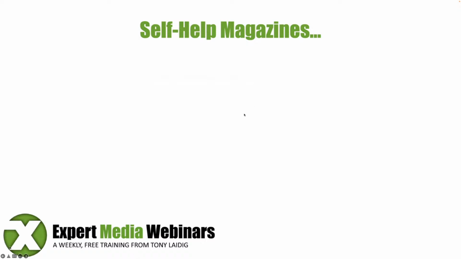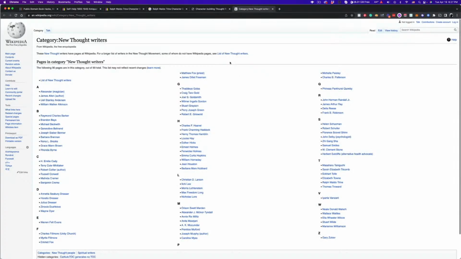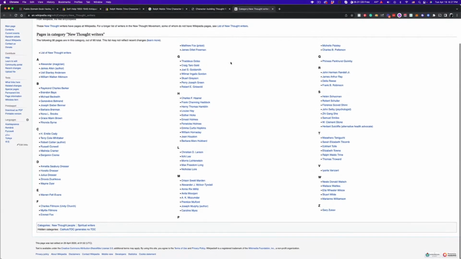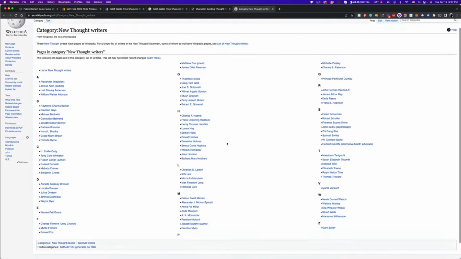And so before we get moving on here, let's say Wikipedia. This is 90 pages, basically 90 different New Thought authors that I can go through and explore. Now, some of these are newer present day authors, some of them are not. So again, it comes down to doing your due diligence and all of that. There's quite a number of these, and I know for a fact that have content in the public domain. And so, I could go to their page.